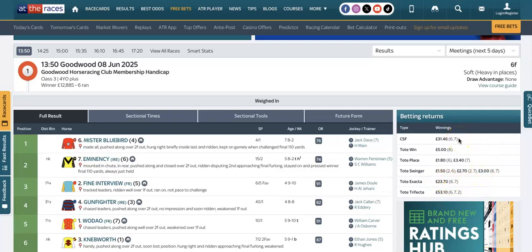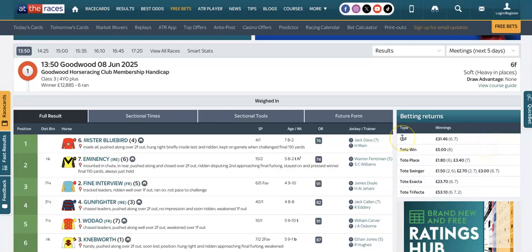The computer straight forecast is basically not pool generated, so this will just be a fixed price which will be automatically generated for this race based on the odds. And here you can see that this paid slightly more. So for a £1 stake on the computer straight forecast, we've got a return of